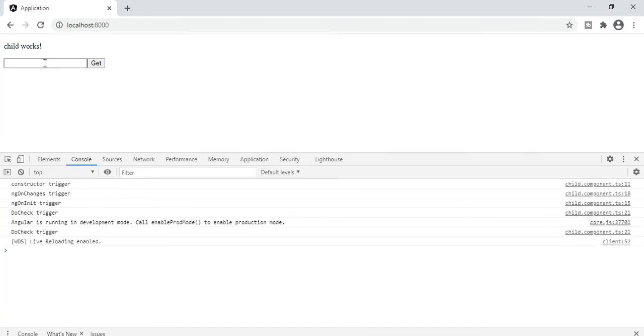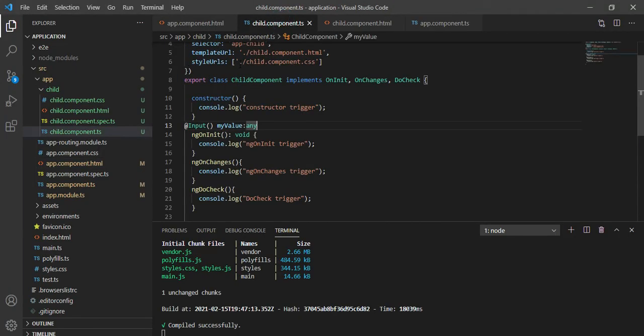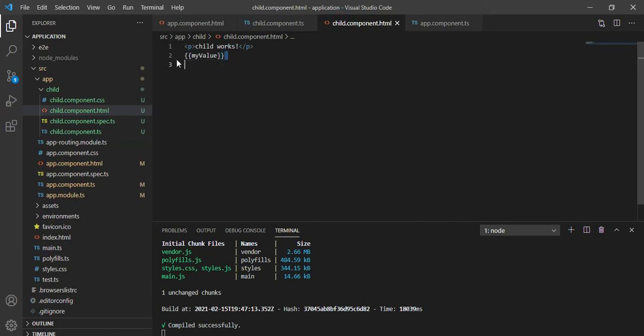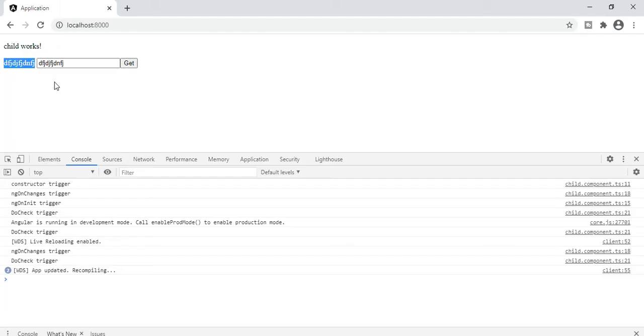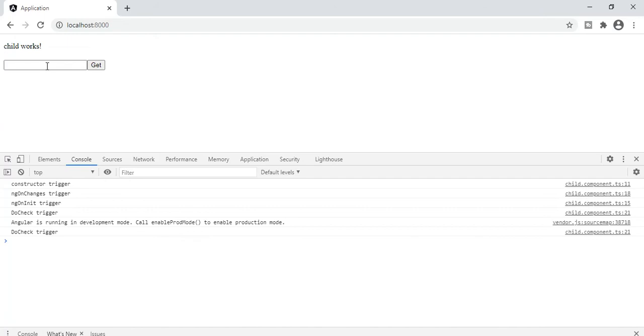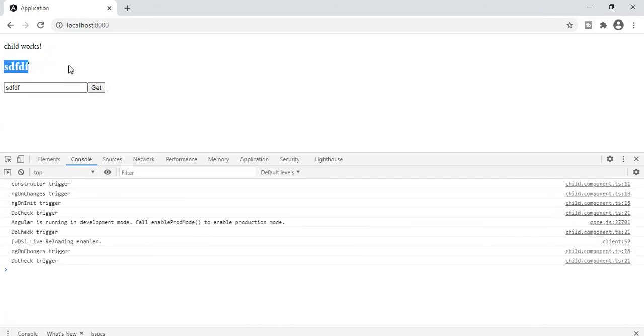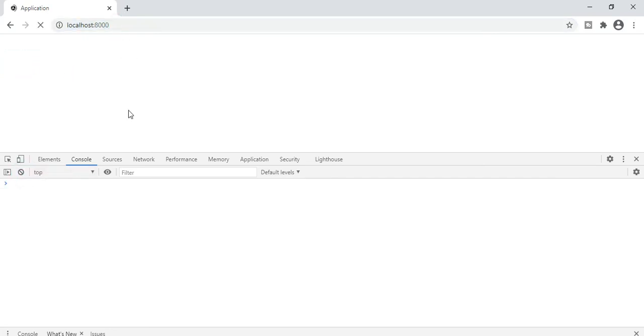Perfect. Okay, now we will type something, and that will pass from parent to child. Now this is the text of child. Now in order to identify, we can put it inside the h2 tag. So it will auto refresh. So whatever we type will be put there. So we identify that the text is from the child one. Now let me refresh and we'll see the events.